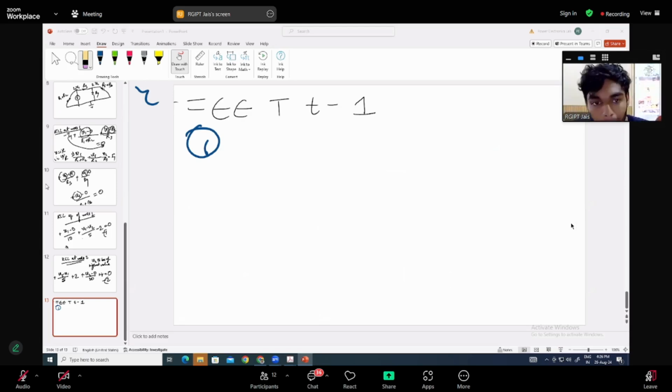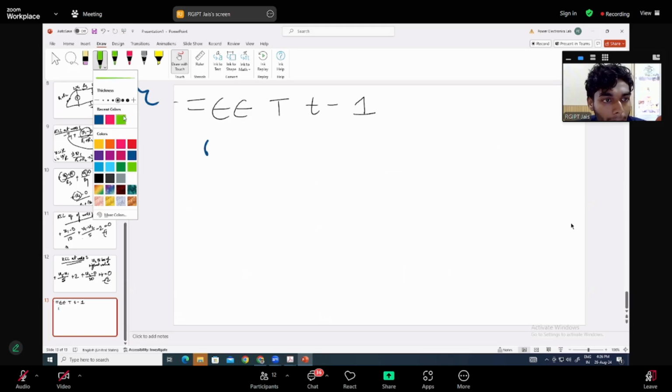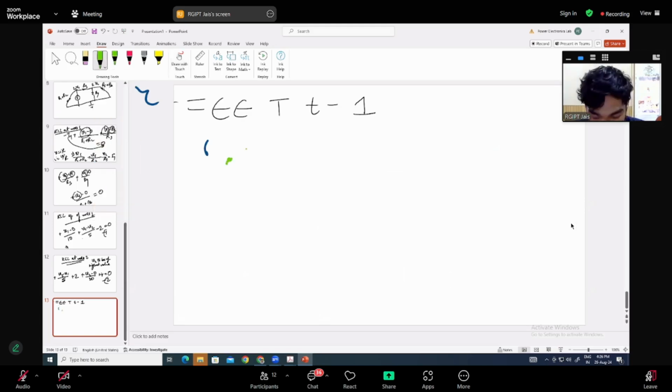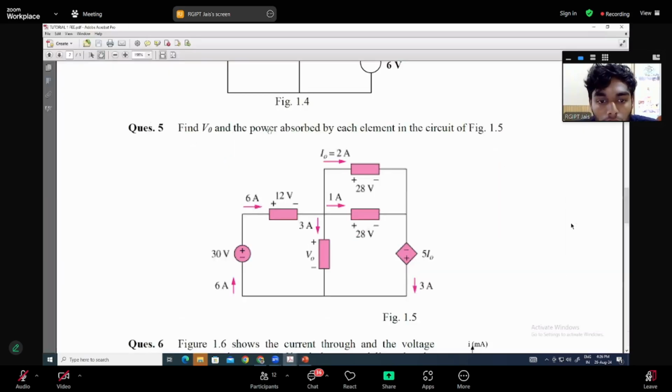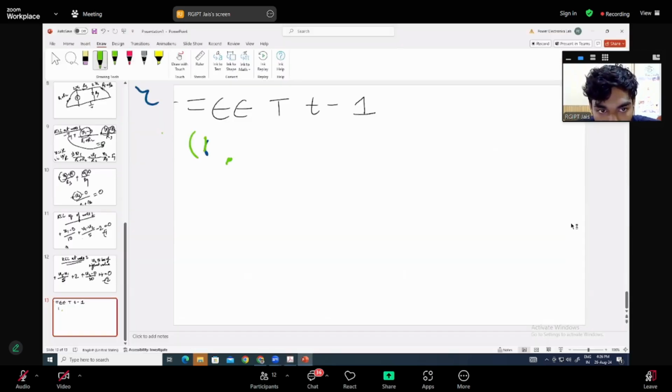Now let us see. For this 30-volt power supply, we are going to calculate the power. So first,